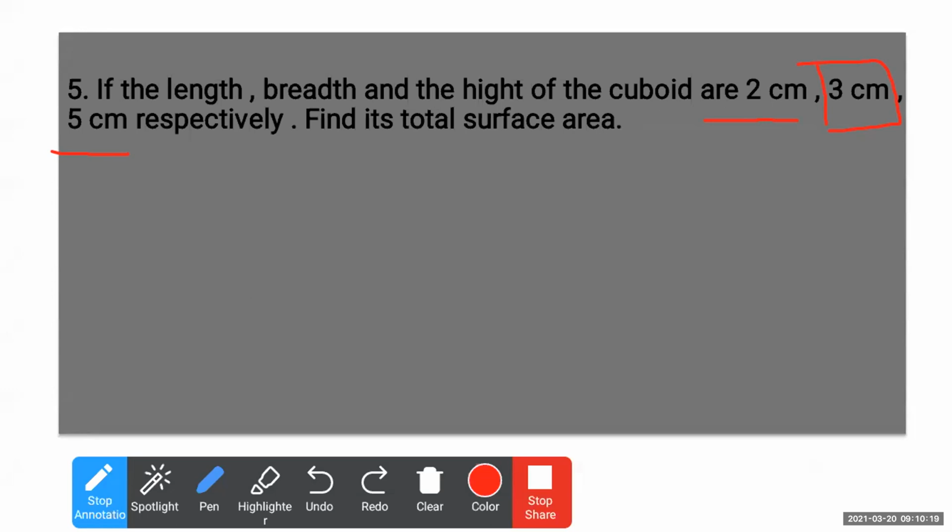Now what you have to find out? Total surface area of cuboid. So these first two steps you should write. And after that, the third step is the formula. In short, I will write it over here. Length is equal to 2 centimeter,